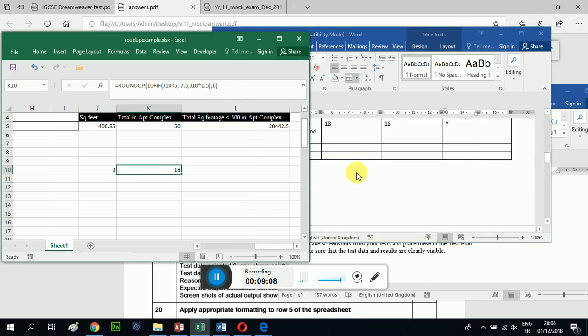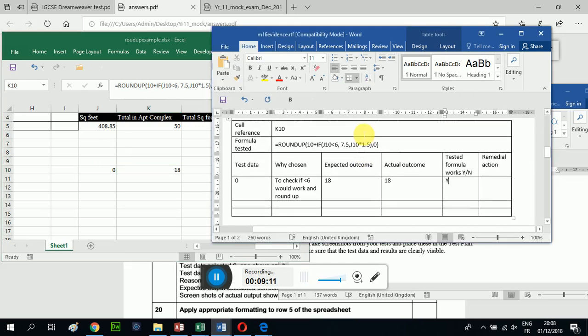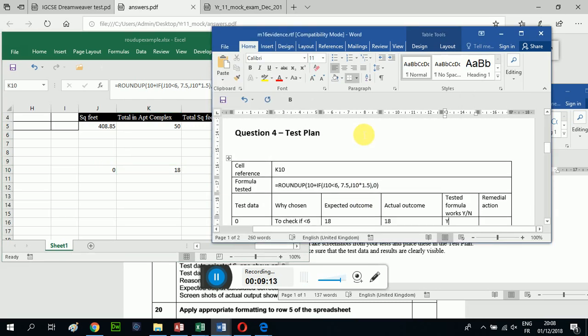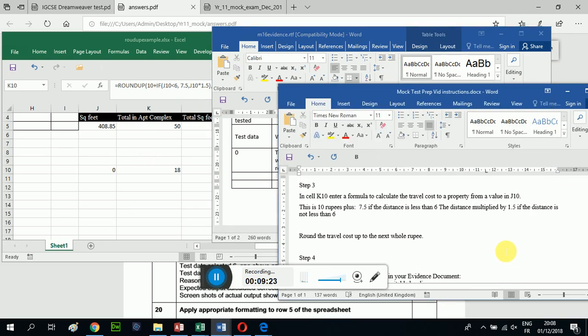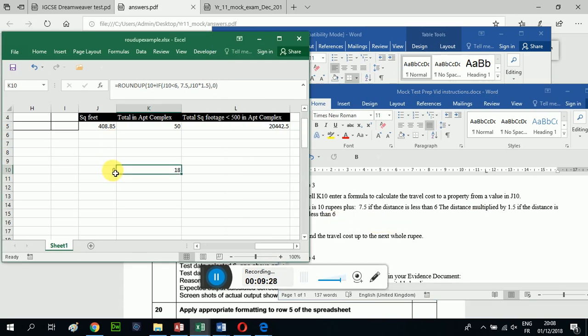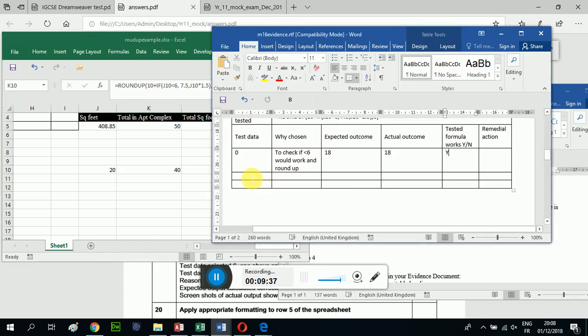They want for this test plan 1, 2, 3 values. Okay, so let's put in one that is, what does it say, greater than 5? Let's see. The distance is not less than 6. Okay, so we'll try something like 20. 20. Great, that all looks like it's working. Okay, so I would do all of that. Just fill in test data 20 to check if